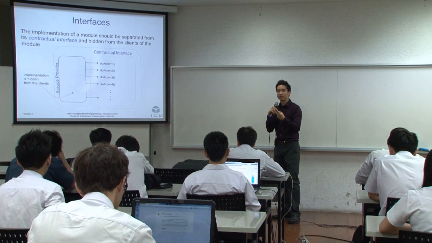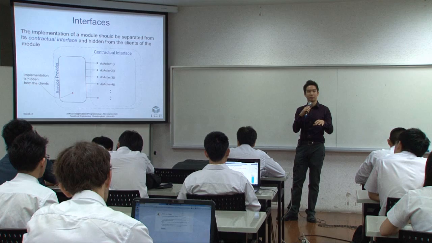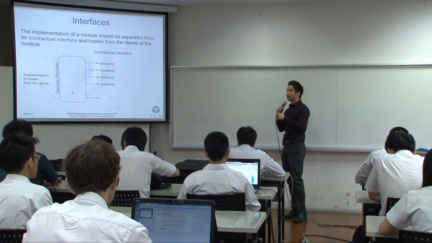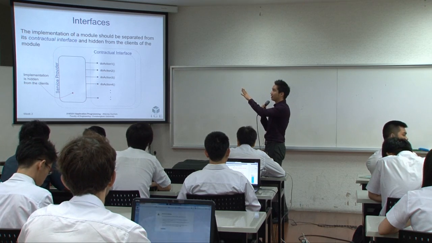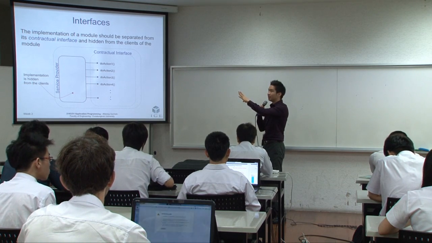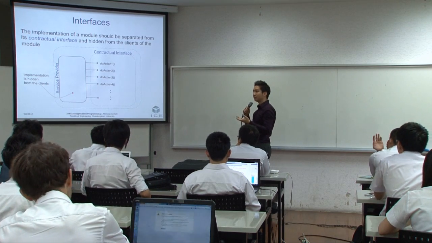There are two things. First, the interface lists what the class can do. And secondly, it hides the implementation. By that I mean, when you look at an interface, you only see what the class can do, but not the implementation. And that's really important because